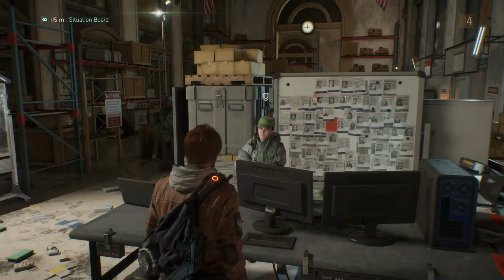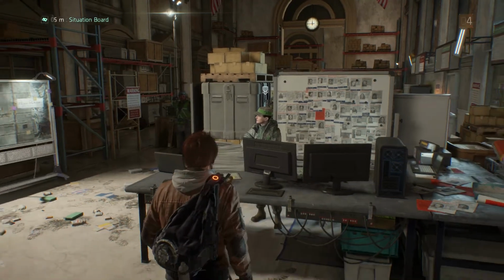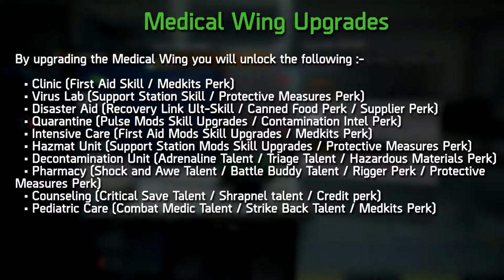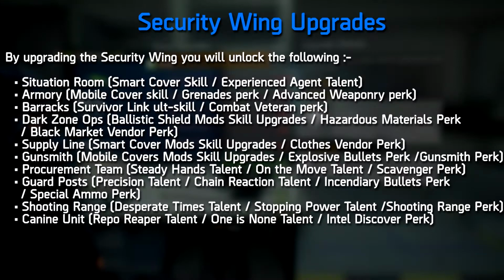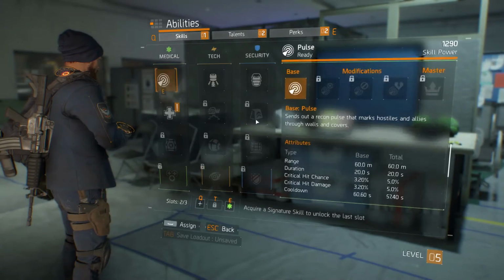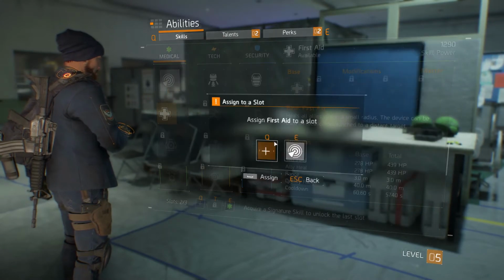Also, checking the situation board at the base of operations and safe houses in each district will display these on the map for you. As you can see, by upgrading the medical wing, you will unlock the following upgrades: security wing upgrades, and tech wing upgrades. As you can see, there's plenty to unlock, but beware,